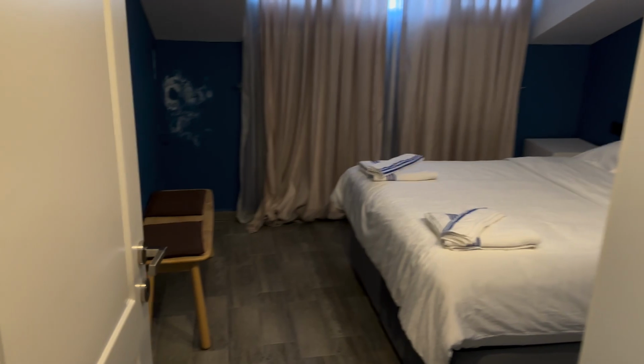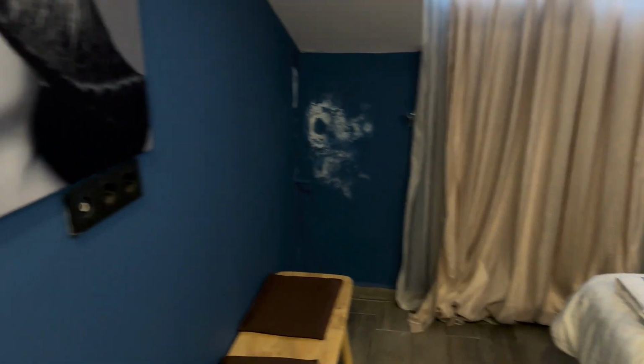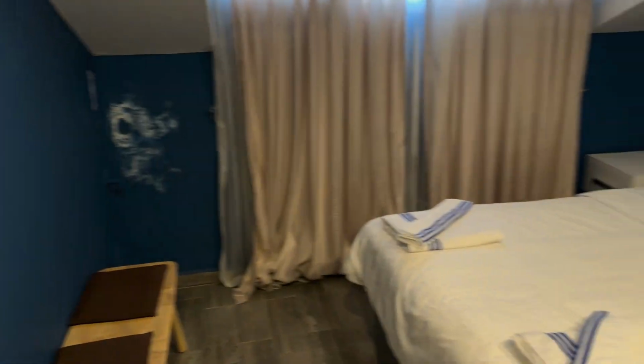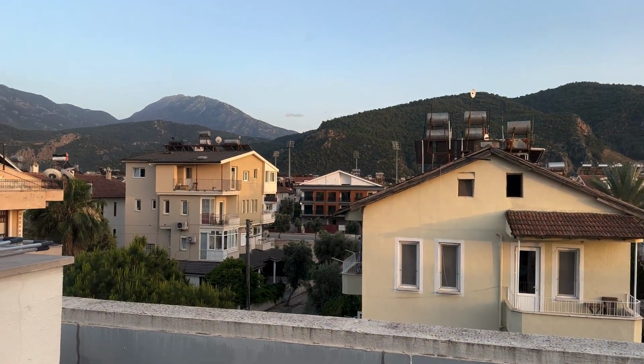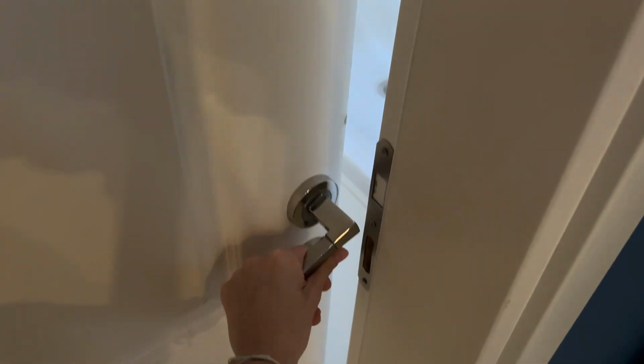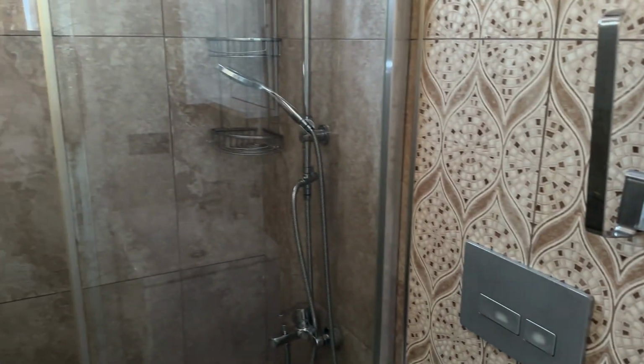Okay, so going out from the kitchen and living room, we have the room here. There's a bit of humidity there, but never mind. It's just our flat for a week. The bed. The wardrobe is pretty big, and here we have the window, on the same side as the terrace. And here, oh, I was about to fall. A little cozy